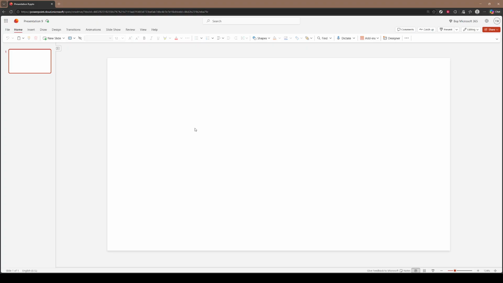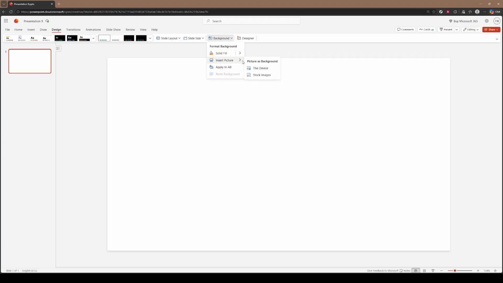Once that's complete, look towards the top of your screen and click on the Design tab. This tab contains various options for customizing the look and feel of your slides. Next, you'll want to locate the Format Background option on the far right of the toolbar. Clicking this will open a new panel on the right side of your screen, providing you with several background customization